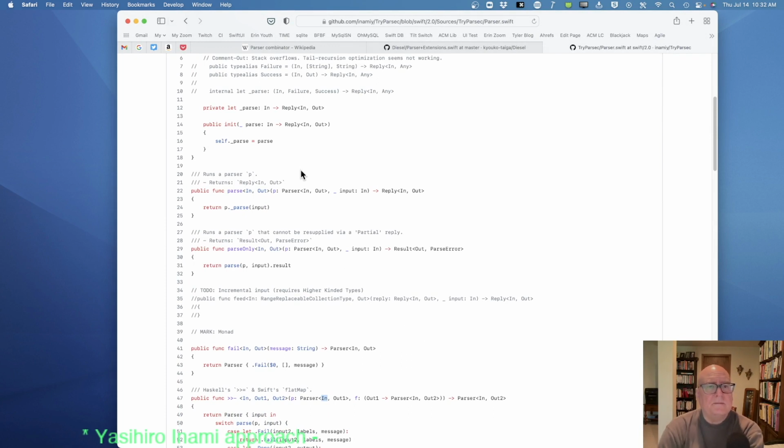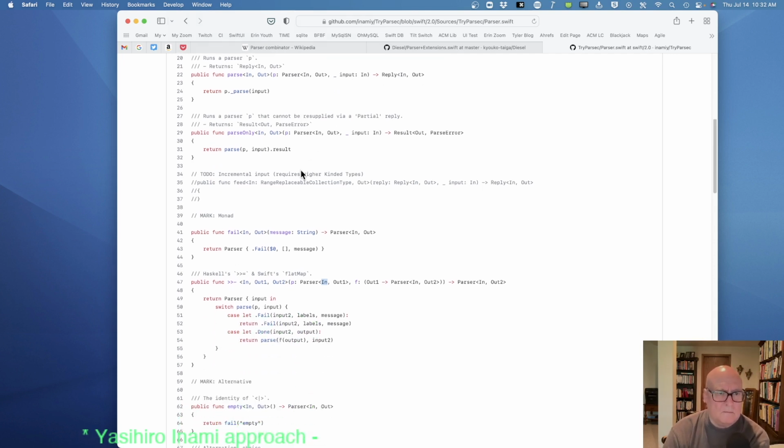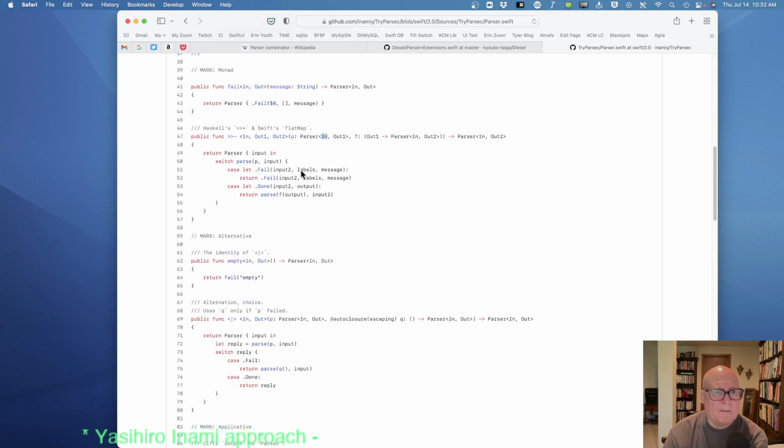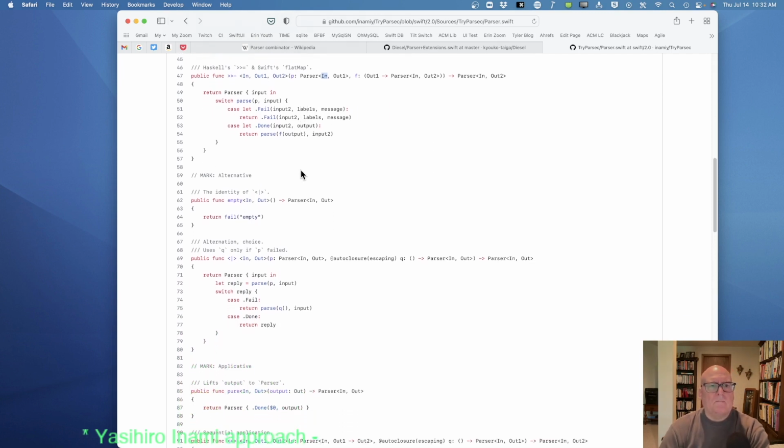I don't know. Okay, you give me a parser and a function that produces a parser, and I will give you a parser from the original input to the output. Kind of makes sense.